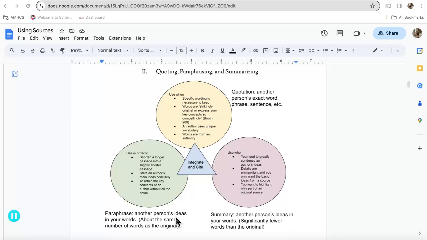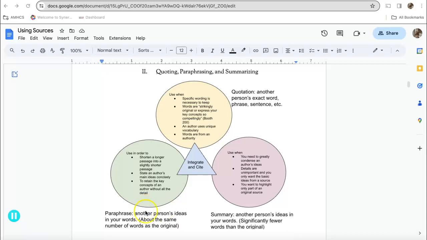Now, when would you use a summary? When you need to greatly condense an author's ideas, you would summarize. When the details are really kind of unimportant to your point and you just want to get the basic ideas from a source, or when you just want to highlight certain basic ideas from an original source, then you would